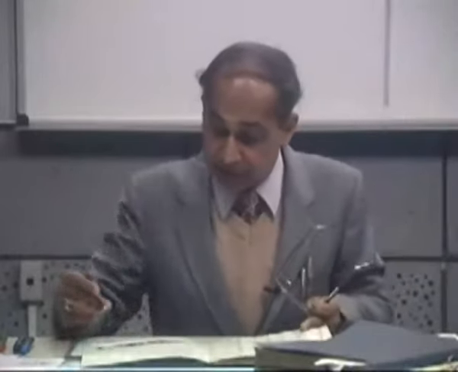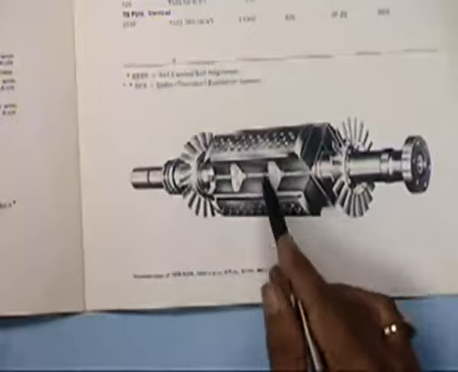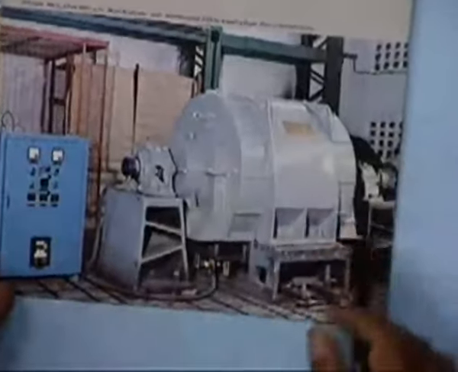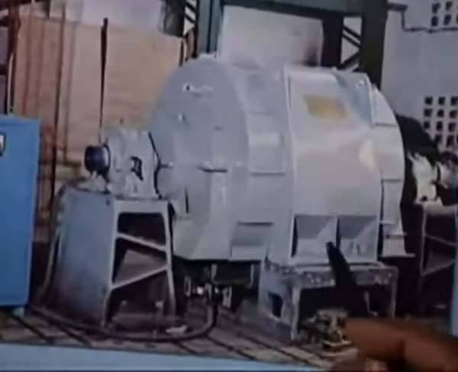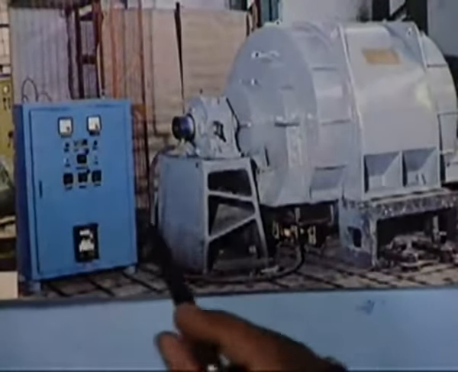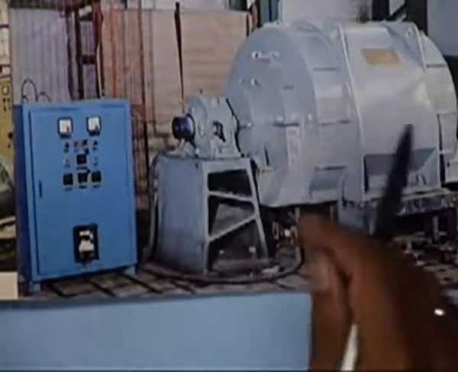So this is another picture of the rotor of a synchronous machine. These poles you can see here. Okay, and this of course is the totally assembled parts in which you cannot see what is the inside part. And here is the control panel which can also be rectifiers, etc. for the field winding.